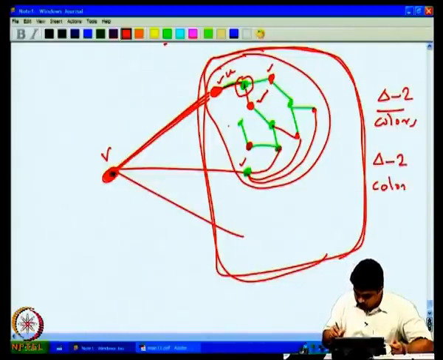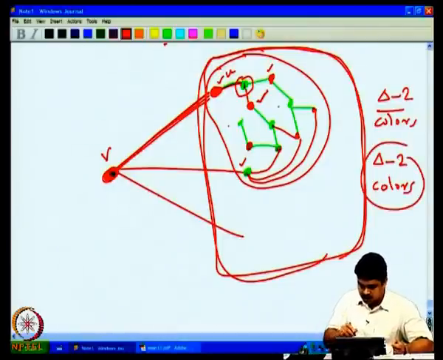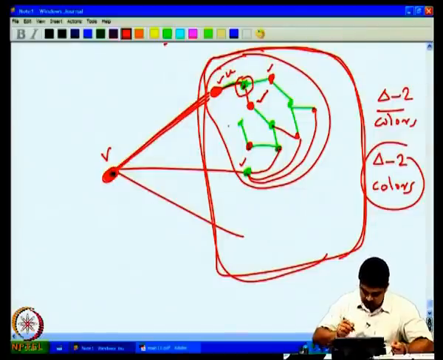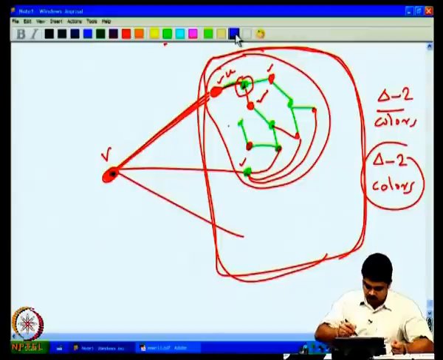colors are used, right? Total delta neighbors, out of that 3 are using the same color, so delta minus 2 colors are used around in its neighborhood. So that means 2 colors are free, but out of the 2 colors, one is already there, the green color, so there should be one more color. So let's say this is blue, then we could have given blue here, right? So if it is